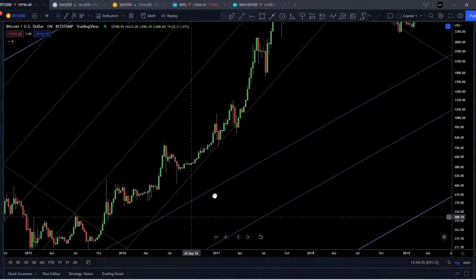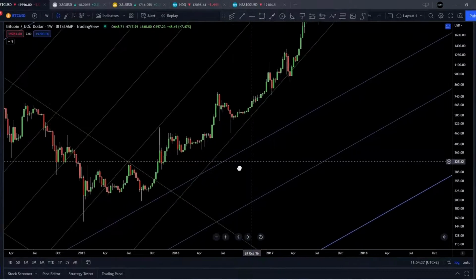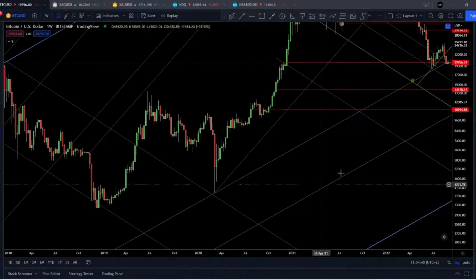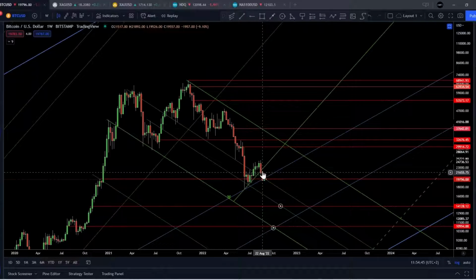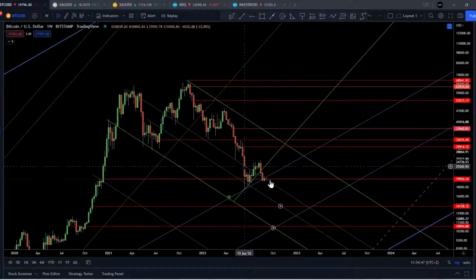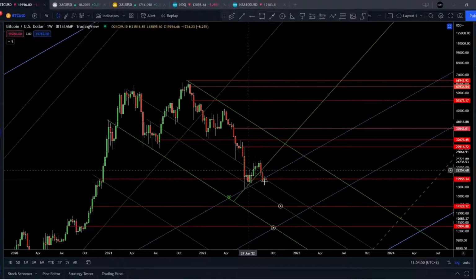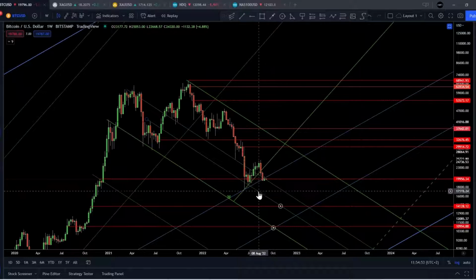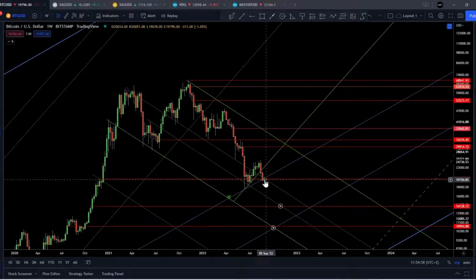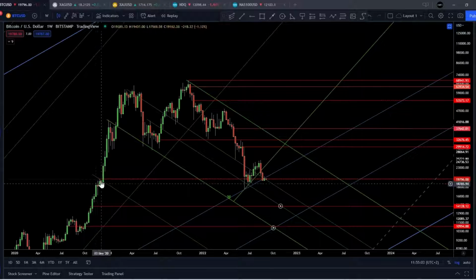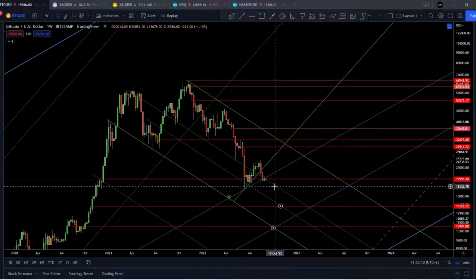If we go back in history, we see that this angle proved to be support and resistance along the way, and we just lost that angle here. We traded below, and the price is now being halted here by this descending support, also a green line, also an angle that is very familiar to Bitcoin in its history. And the combination also of this horizontal level here, traced from this small base building in November 2020, and this descending line, the green line, and the